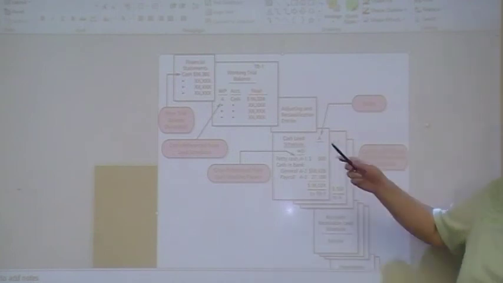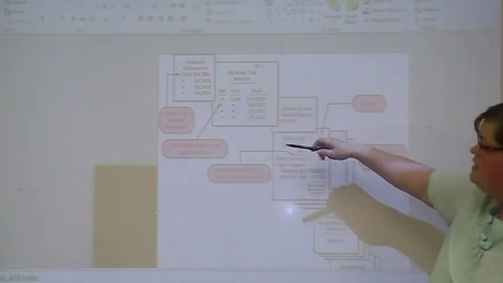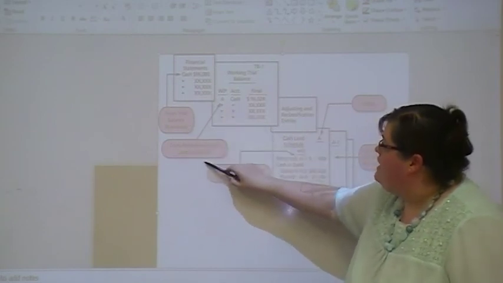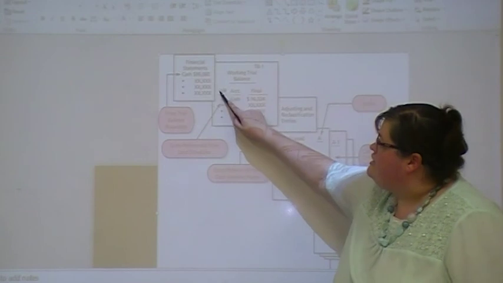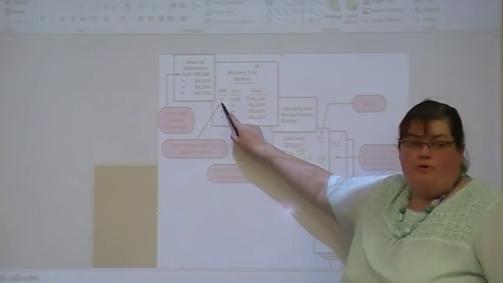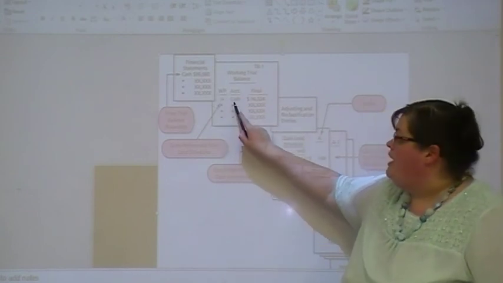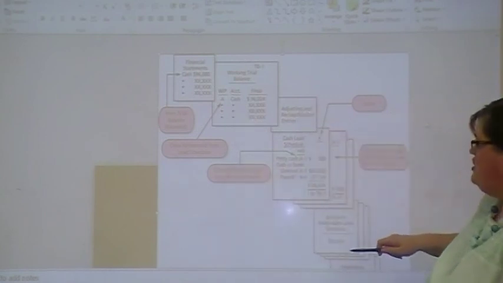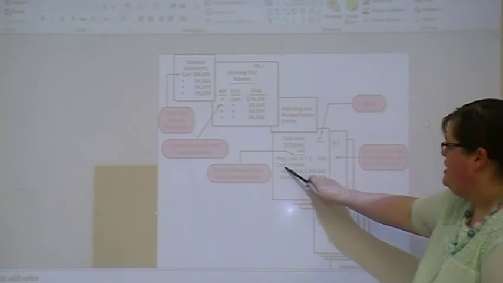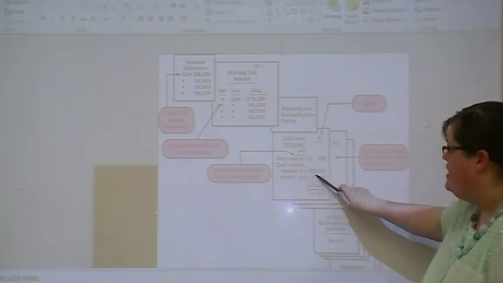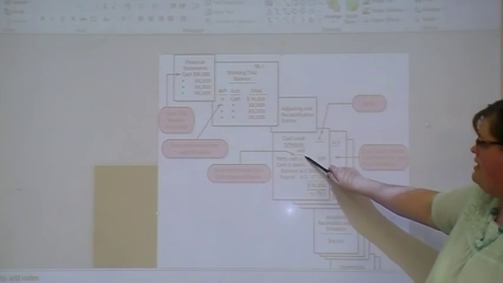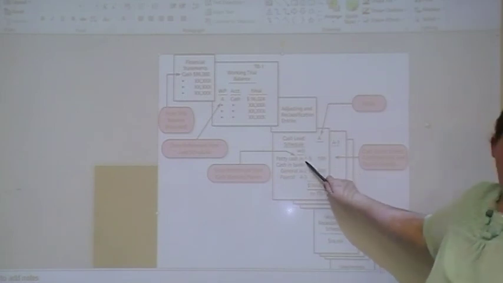Okay, so this is your financial statements from the trial balance, and it's a rounded off figure. Cross-reference from lead schedule, so you've got a little code here. This is your working paper and your number here then. The working paper A, cash 96,000. Adjustment and reclassification entries. So petty cash, cash in bank, general, and that's on A1. So if you want to find out what was this petty cash, you go to your working paper A1.